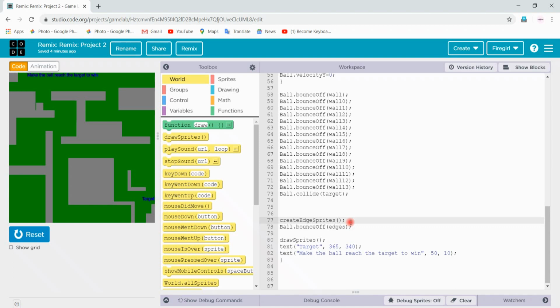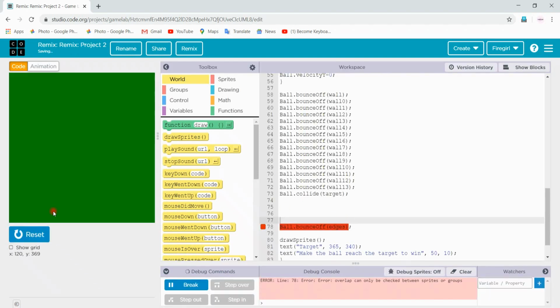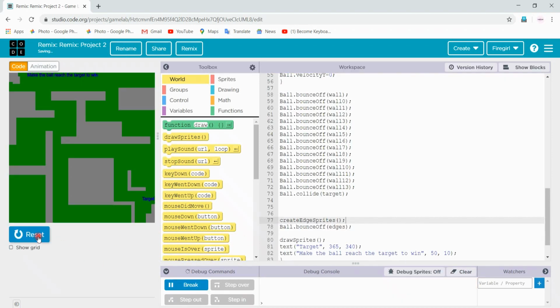Here is create edge sprites. If I do not use this function, everything will be erased. I will show you. See, everything is erased. If I write it again, it will show it again.